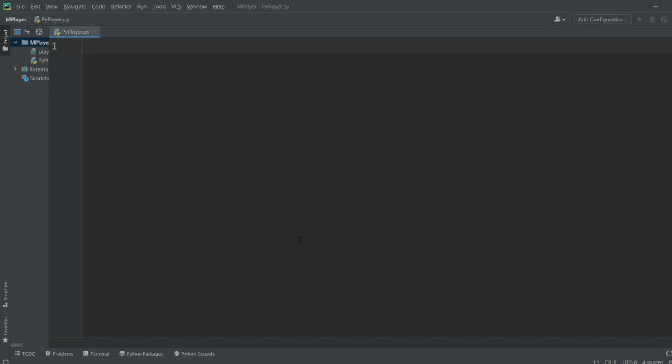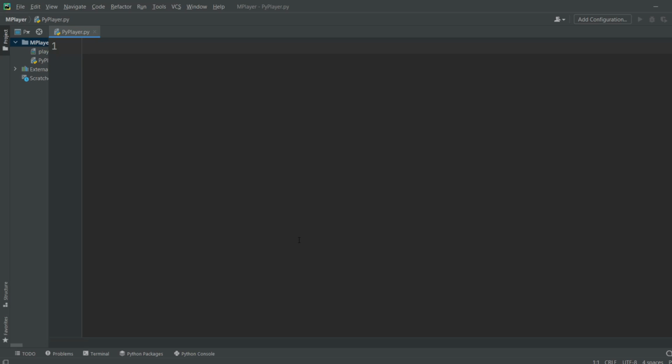Now in the first step we're going to build our simple media player using PyQt 5, and also you will learn that we can use Qt multimedia in PyQt. In the second step we are going to use PyInstaller to convert our pyqt.py file to an executable file. And in the third step, we are going to learn how you can build an installer for your PyQt